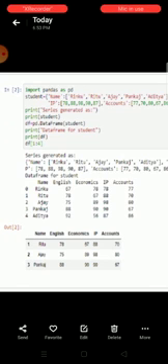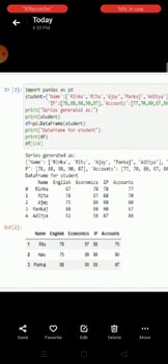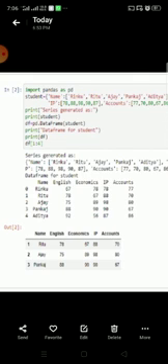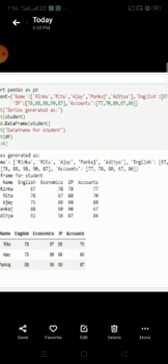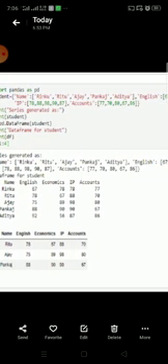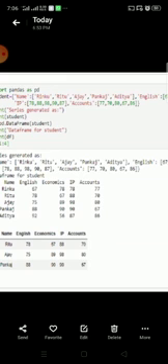Import pandas. Student name I have taken. Name is a key, and as values I have taken multiple values: Rinku, Ritu, Ajay, Pankaj, Aditya, and everyone has marks in English. In English the marks are 67, 78, 75, 88, 92. In economics also I have given marks as a value. IP also I have given marks. Accounts also I have given marks.